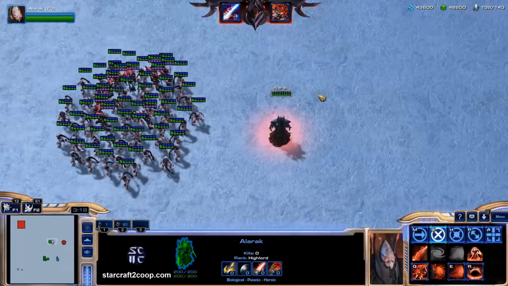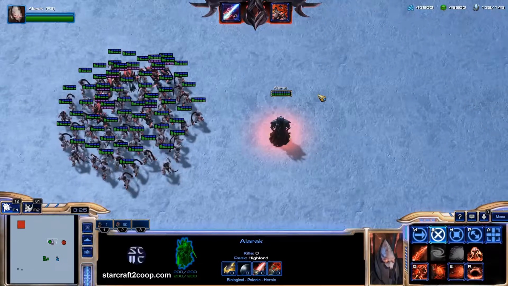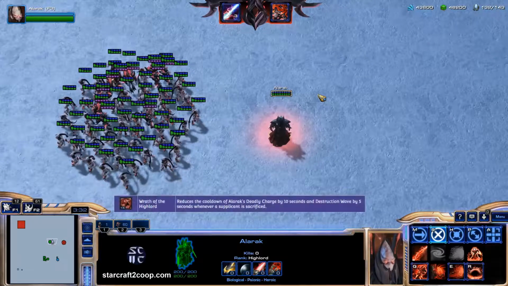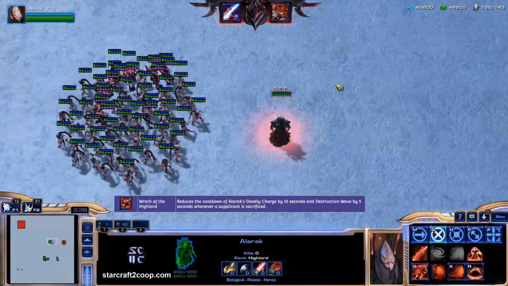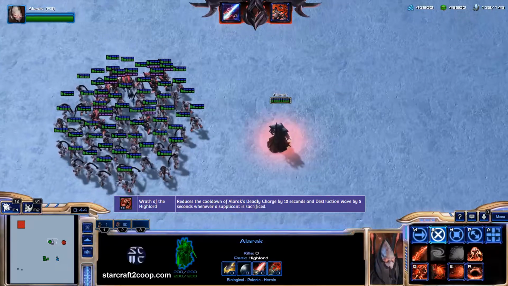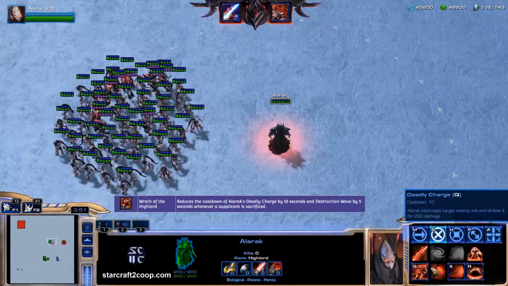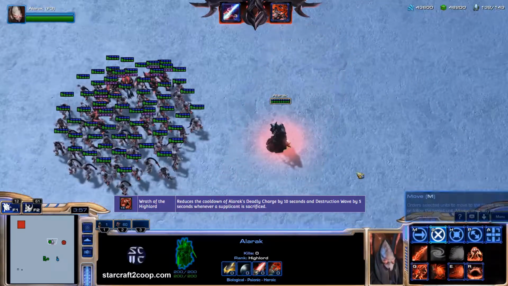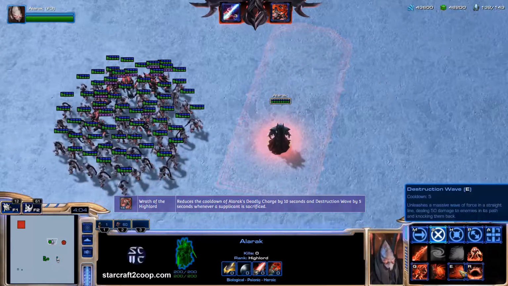At level 15 of commander level, so that's when you're leveling your commanders up from level 1, the level 15 upgrade is called Wrath of the High Lord. What this says is it reduces the cooldown of Alarak's Deadly Charge by 10 seconds and Destruction Wave by 5 seconds whenever a supplicant is sacrificed. If you take a look at Alarak's abilities, Deadly Charge has a cooldown of 10 seconds and Destruction Wave has a cooldown of 5 seconds, which means that whenever a supplicant is sacrificed, the cooldowns for these abilities get